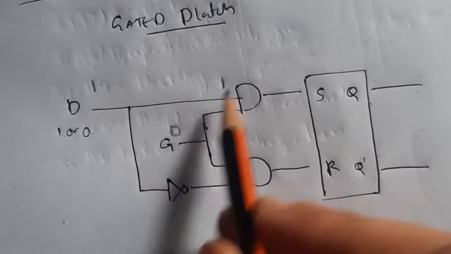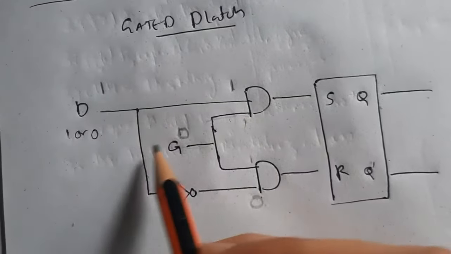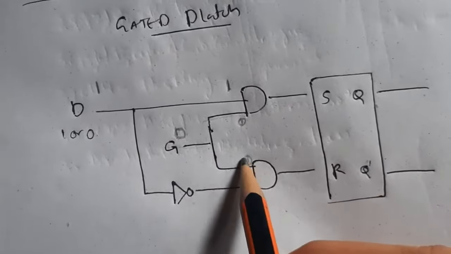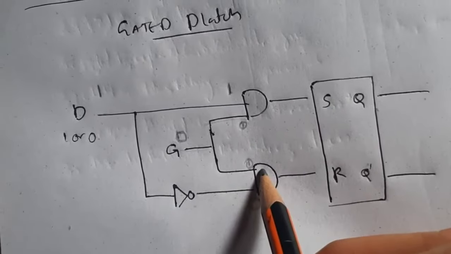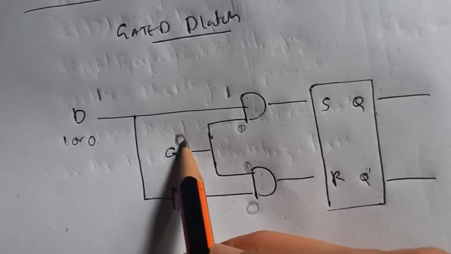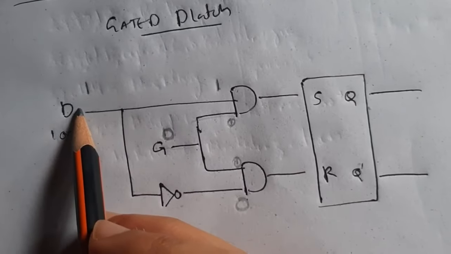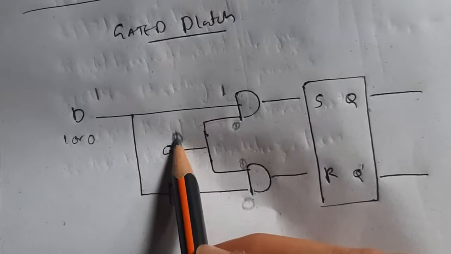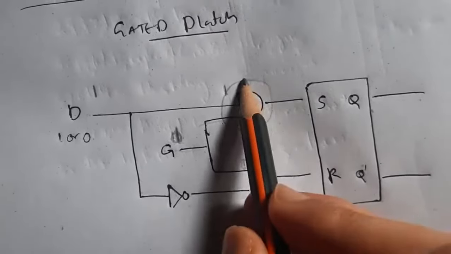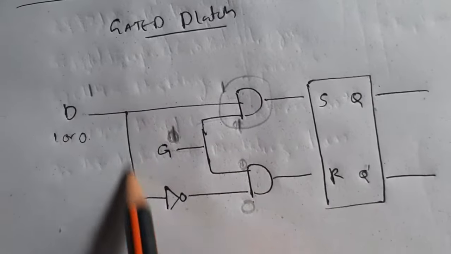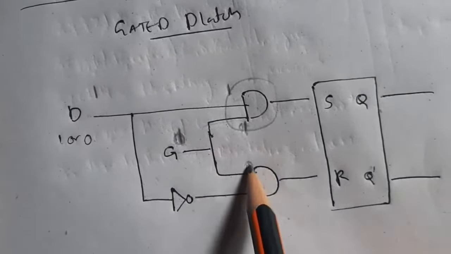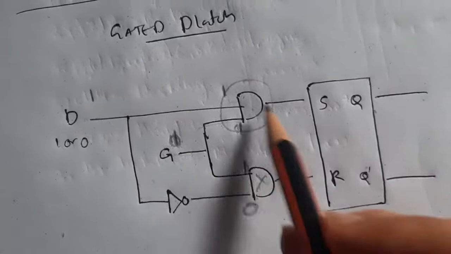If gate is 1, then in both places it will be 1 and it will work. If G is 0, no matter what value D has, this will be 0 and this will be 0, and both the AND gates won't work. Gate acts as a control switch. Okay, and in the D flip flop, whatever value you put, if you put 1, it will go here, and if gate is 1 at that time, this will work. This won't work because D, if it is 1, will have become 0, and even if gate is 1, this will not work. So only this will work.